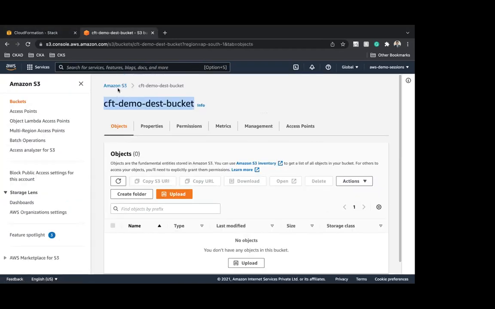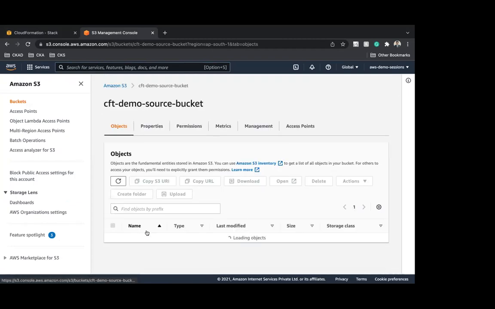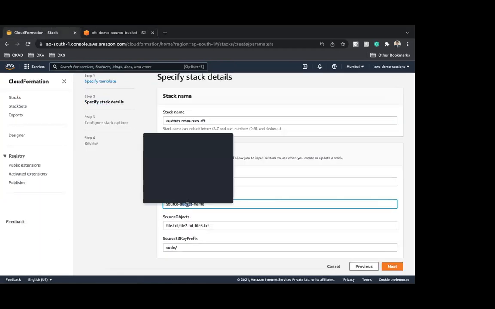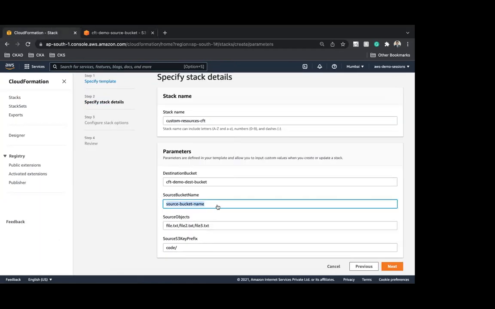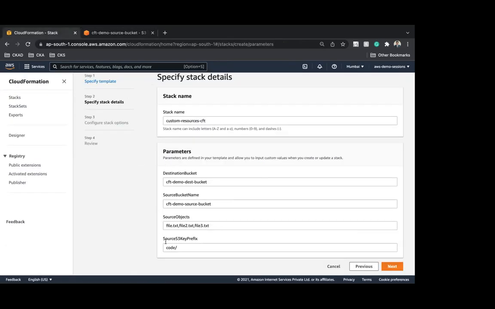Similarly, now we'll go back and look into the source bucket. So this is my source bucket. From a prefix perspective, this is my folder, which I'll verify. Okay, this is the same name. And now I need to provide the source file name.